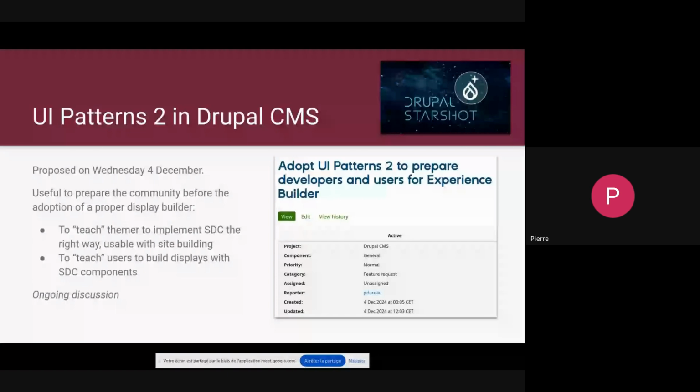So if Drupal CMS is adopting UI Pattern 2 soon, people will get use of building display with SDC. And they will get use of display building, but also about components, because today the SDC team are not providing components who are friendly to display building. So UI Pattern 2 can be a teacher to teach Drupal community how to work with components, and then in